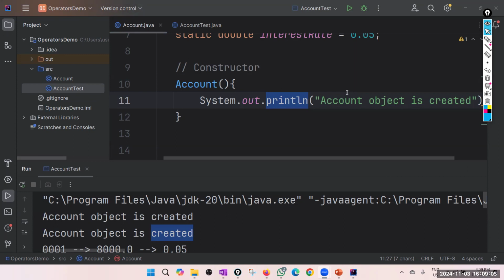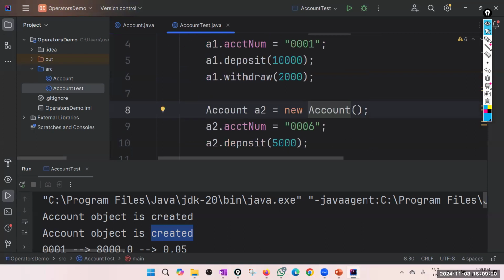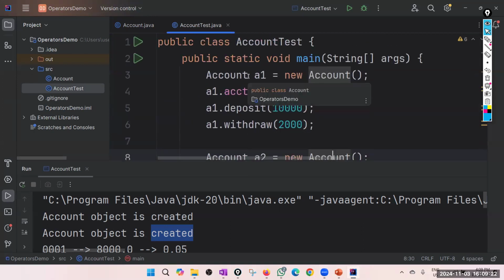Right? So if you want to do something at the object creation time and not later, you just put it in the constructor code, like initialization of databases, initialization of resources, and so on. And the other thing is now you can do a debugging session and see how these things are happening.